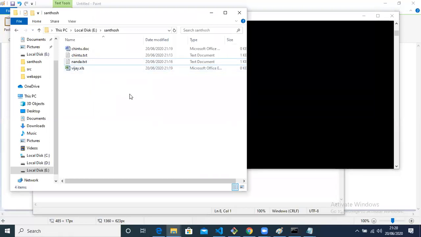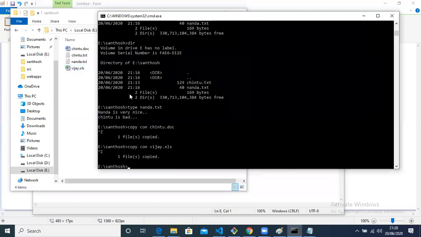The extension will always give you the type, like I already told you about data types, right? Based on the data type, we always need to give the extension. Based on what kind of data you are going to put in, you have to place the extension. Copycon creates a file, and a file will have two names: one is the normal name, the second is the extension. While creating a file, you have to give the file name and extension. We have given ram.txt as file name and extension, right?